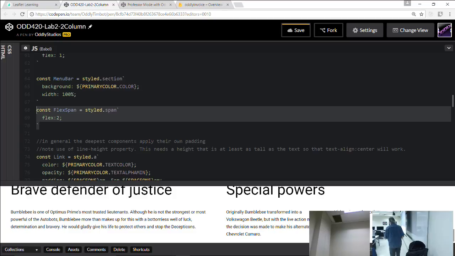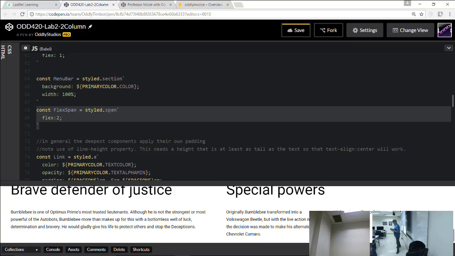If you can relate to the flex span, I hear you. The way we do it is by setting flex to 2 here. By default, all flex children have a flex property of 1, so they all try and take up the same amount of space. By doubling it, we're basically saying take as much as you can. It's a ratio that it's based on.